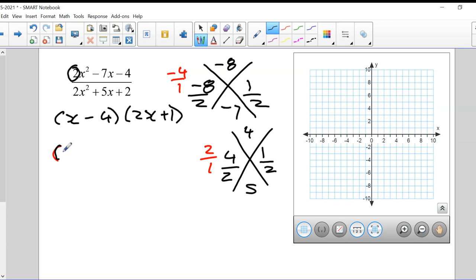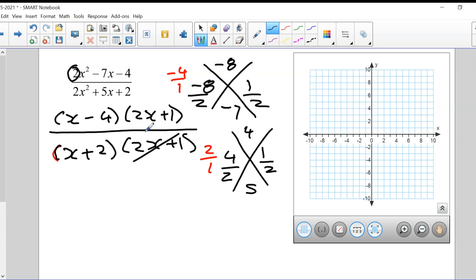Okay, so anyway, x plus 2 and 2x plus 1. So again, what's happening is that part of this function gets eliminated or reduced. So here, actually, I want to use red for that. So this, and what's left is just simply x minus 4